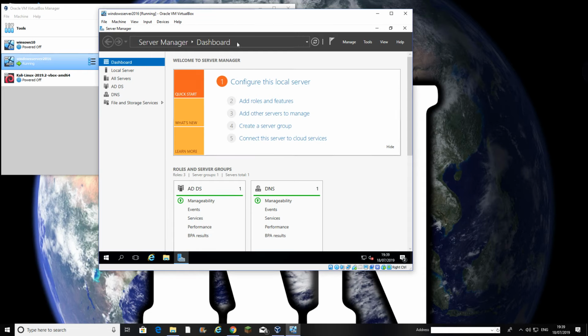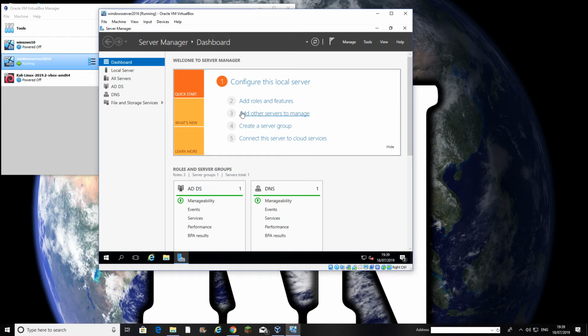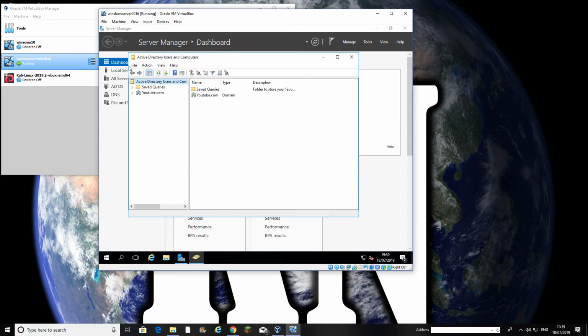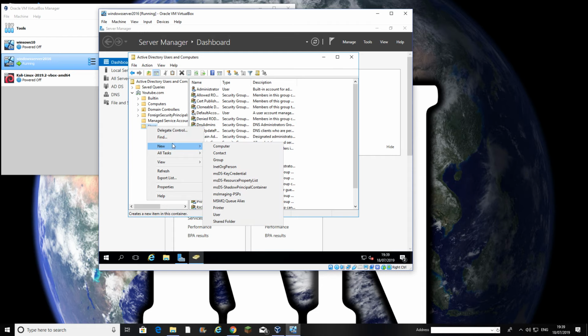In this episode, we're going to be making sure our clients can connect to our domain. So the first thing we're going to do is go over to Tools right here in the corner and open Users and Computers. This is where we basically set up everything, where we give our users the account. So I'm going to go down to users, right click, click new, and I believe it's